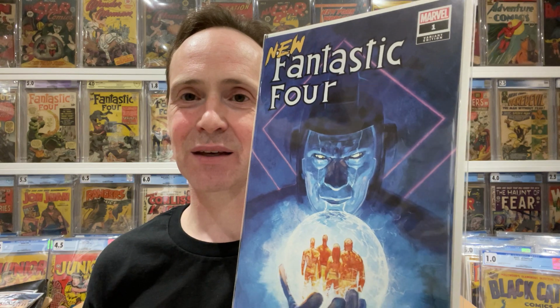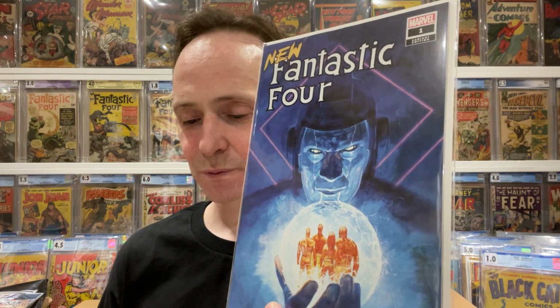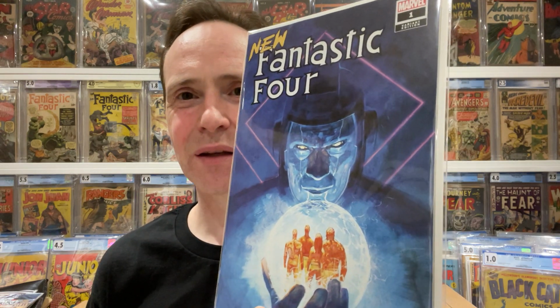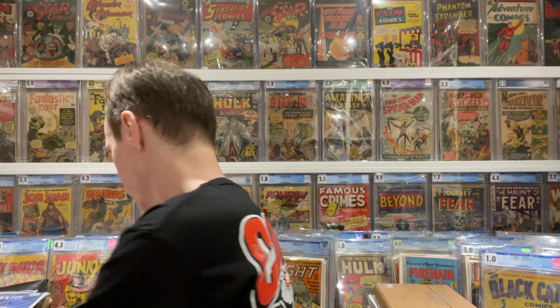Okay, and this is the big exclusive. This is like the King exclusive variant for the new Fantastic Four. And they were going on about this for a while. So yeah, this is the big exclusive. It's not the Virgin variant, but it is the exclusive cover. And then we got